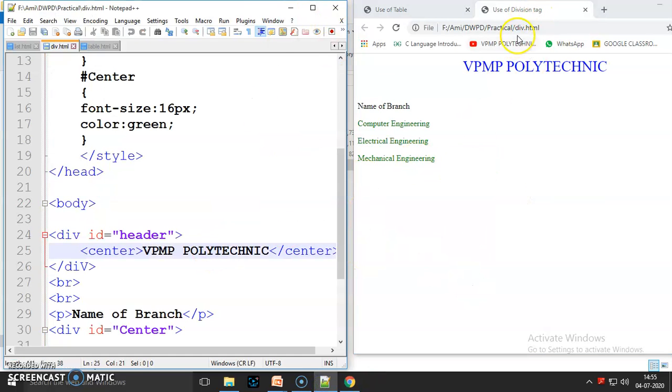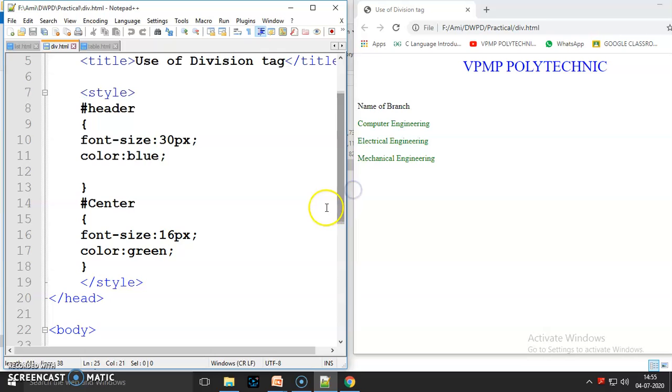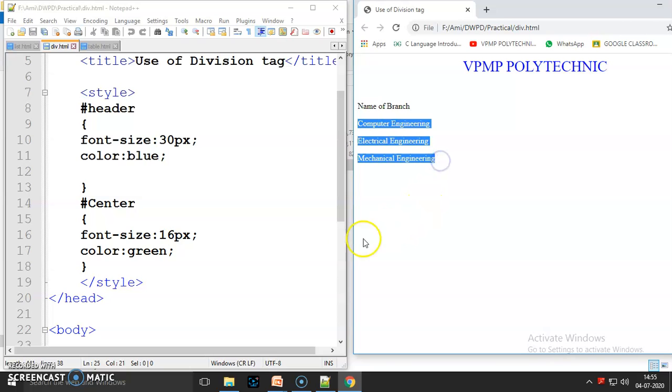Here I use two division tags. First one is for VPMP Polytechnic, which is written in the center tag with color blue and font size 30. And the second division tag is used for the names of branches.